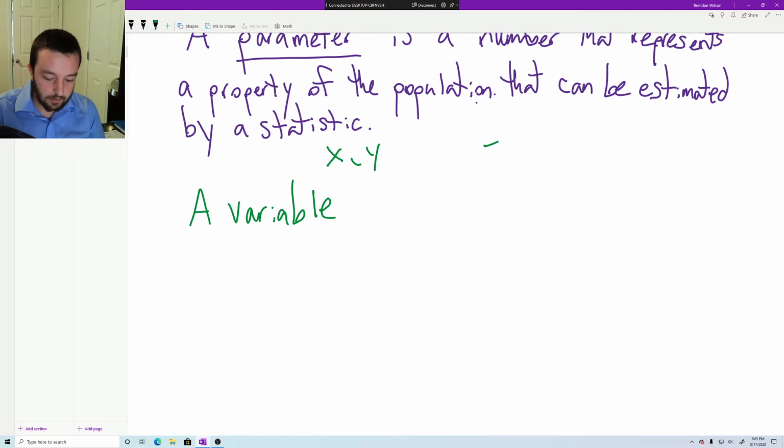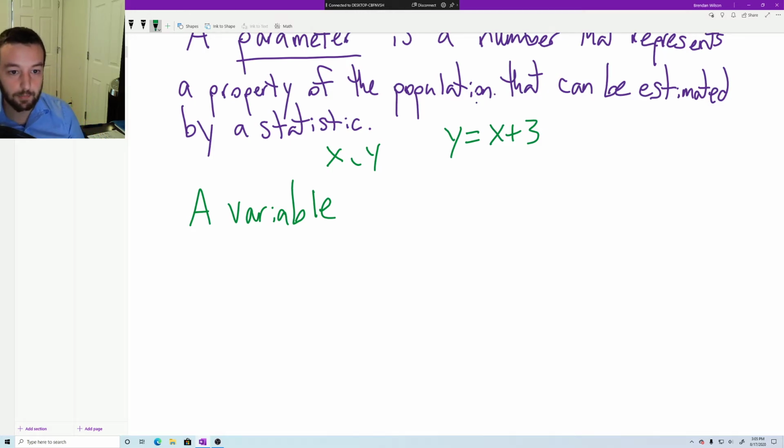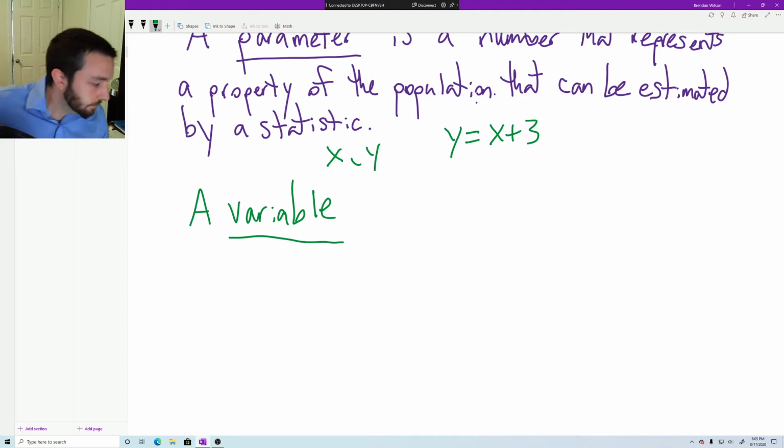Or a better example would be y equals x plus 3, where we have a line with an independent variable and a dependent variable. This definition is related to that, but not exactly the same. It's just worded differently. So a variable,